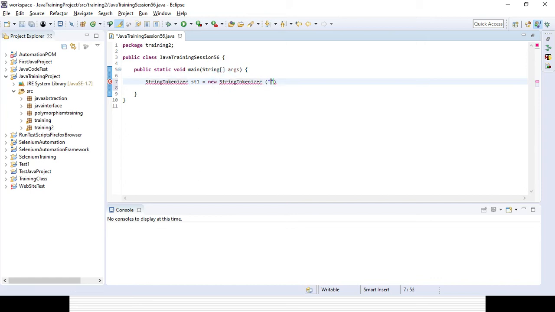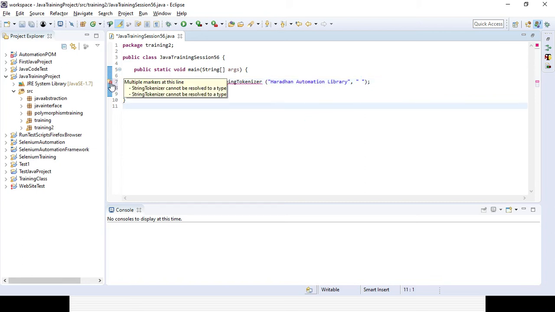And here I want to pass whatever we need to tokenize. Suppose I want to tokenize Haradhan automation library, and as it is separated by space, right? So I want to give the delimiter as space. Okay. So that's how you can create it.